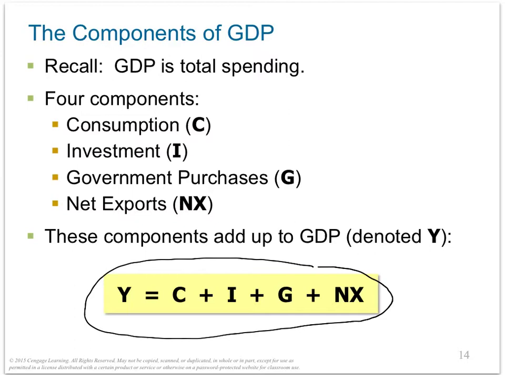In this case, because each dollar of expenditure included in GDP is placed into one of these four components, either this one, this one, this one, or this one, the total of the four components must be equal to GDP, which is here Y, GDP, okay? Let's look at each of these four components more closely, starting with